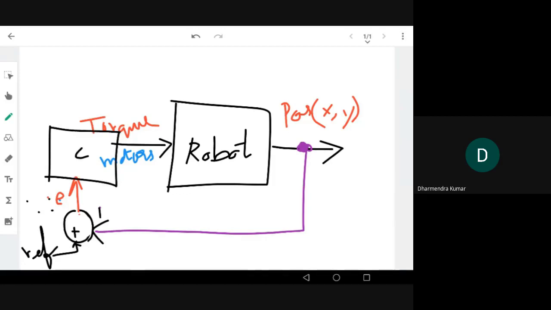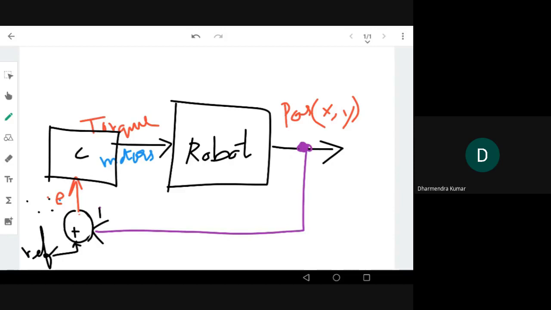Now, based on the controller action, you can modulate the torque in the motor so that you can reach the position x, y exactly, so that the error is zero. Ultimately you need to make the error zero so that the robot is exactly placed in the position where the user or the operator wants. Every time it is giving feedback of the current position and checking whether the reference position equals the current position. If it is not equal, that error is plus or minus e. This error goes to the input of the controller, and the controller again changes the torque in the motor so that the robot reaches the position, reducing the error.